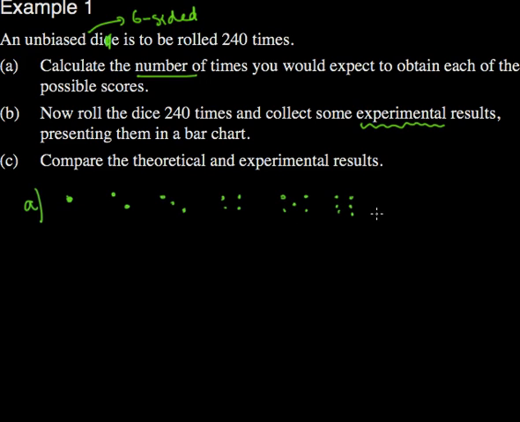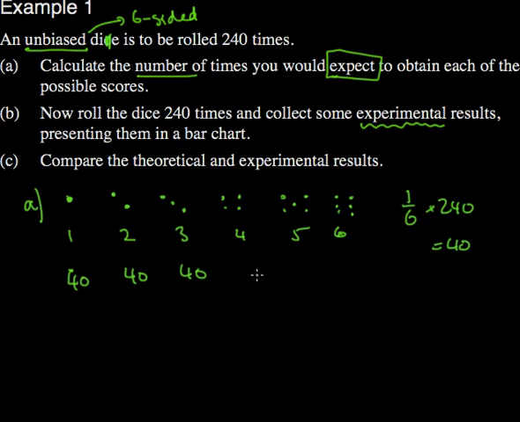Now you don't have to write them out like this. You could just write them as 1, 2, 3, 4, 5, and 6. But it's just nice to have them written in this way as well. So what's the probability if it's unbiased? Unbiased means it's fair, right? So you're going to have equal probability of getting each of these. So if you roll it 240 times and each one is equally likely, then you'd expect, and remember this is a key word here, this is what you'd expect to happen, you'd expect each one of these to be a sixth of 240. So a sixth of 240, if you work that out, that should be 40. So you'd expect each one of these to be 40